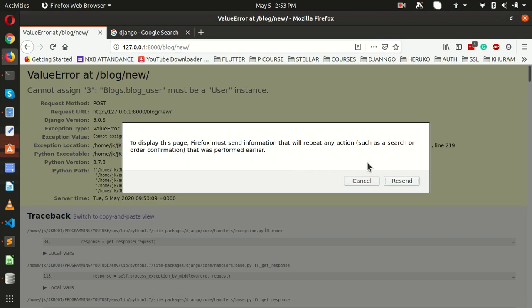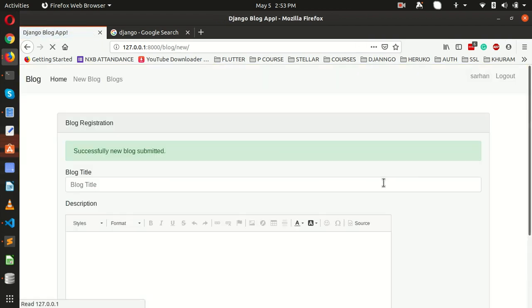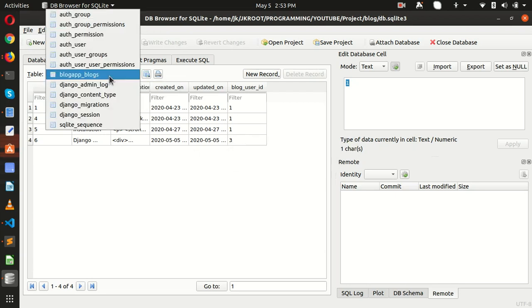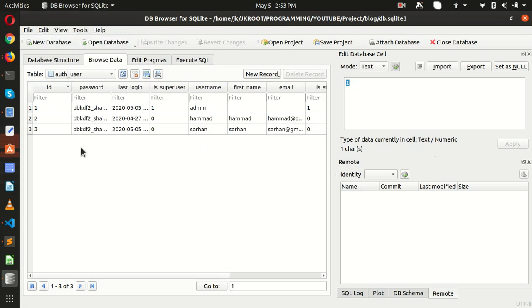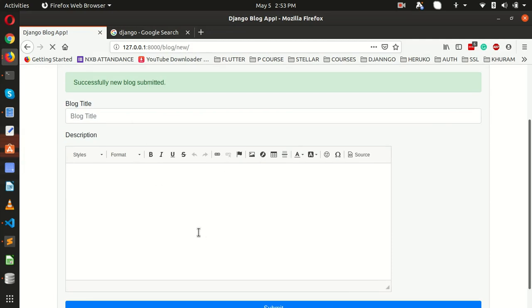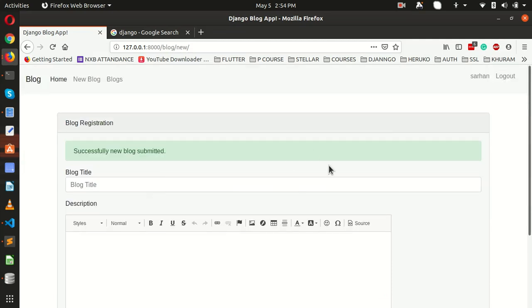Now let's try this again, resend, and here we go, boom. Let me refresh, and here we go with the blog user id. If we go back to our users model, our id is 3, like Sarhan is currently logged in. So guys, this is how we can register our new blogs with the current logged in user.